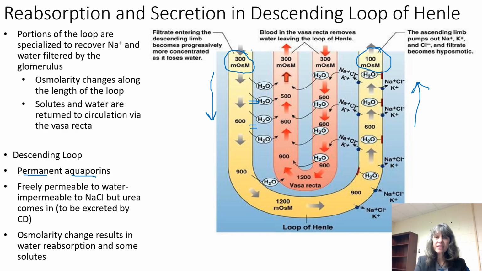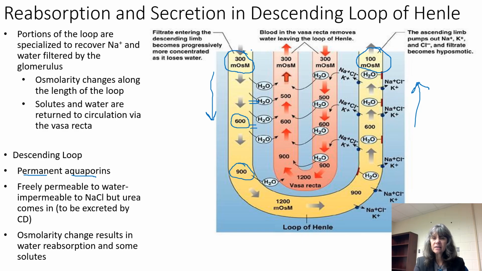And you'll notice that the osmolarity actually increases as we go down that descending limb because we're losing water, but not solute. It's only permeable to water. So that means that the ratio of solute is increasing as water goes out and goes into the